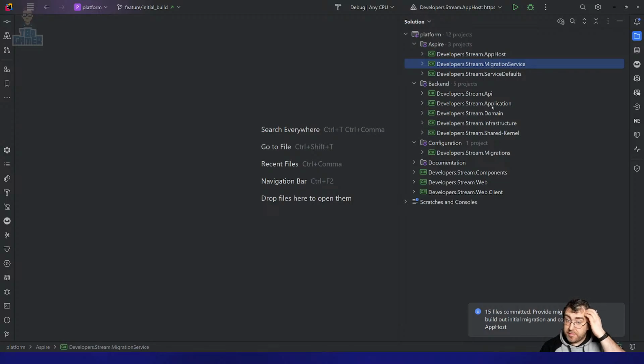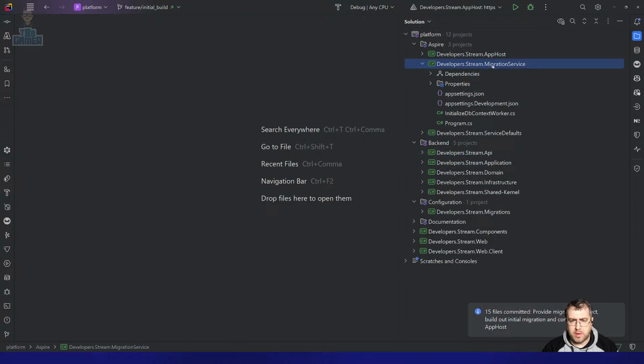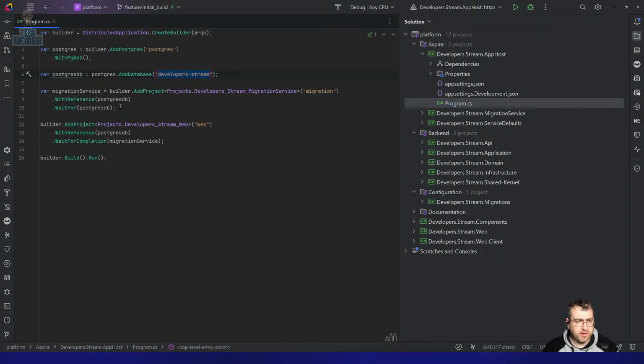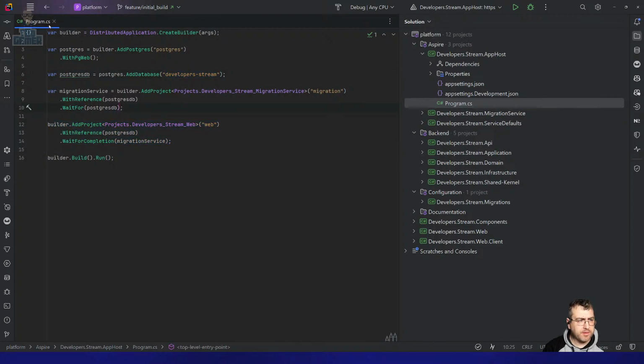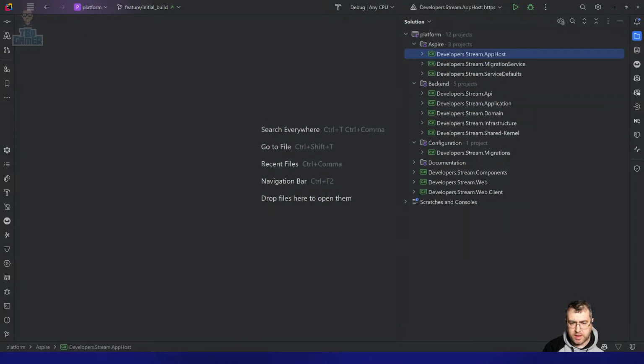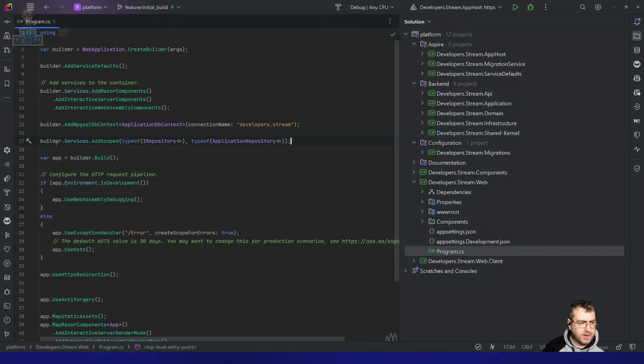So we have with the migrations there, the migration service is there. So the app host, when it starts, it will initialize the migration service. It will run that. And when that finishes running, it will run the website, right? That's the goal. The thing I was missing was when the website runs, I did not configure an instance of